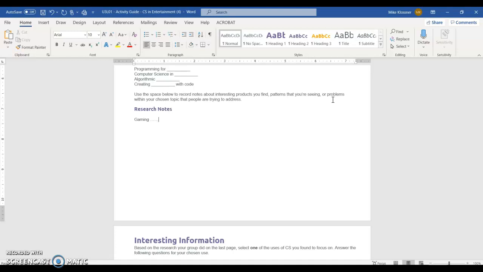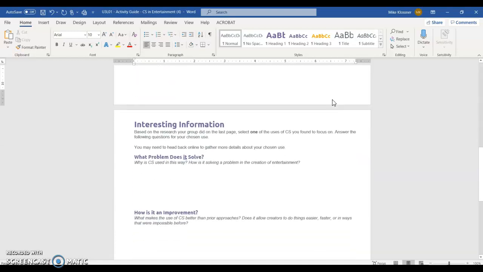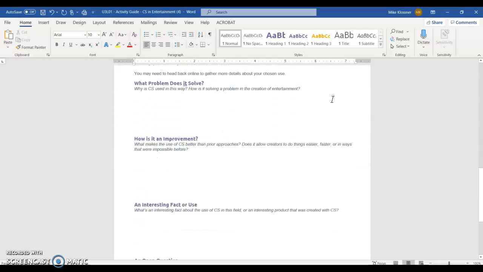Okay, so when we create something, obviously, if we create something that's already there, it's not going to have much validity. It's not going to have much staying power. So we have to create things that are original, things that are going to continue to address problems. So those are things that you want to keep in mind, okay? All right, so once you find your information, you're going to answer